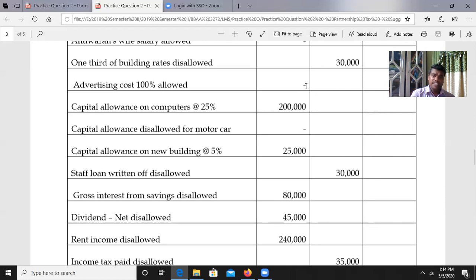So that 100% allowed in the financial accounting profit calculation can be accepted for the taxation. That's why in the minus column there is no amount. That means dash. That means you already deducted. So in the minus column, I included only dash. Then